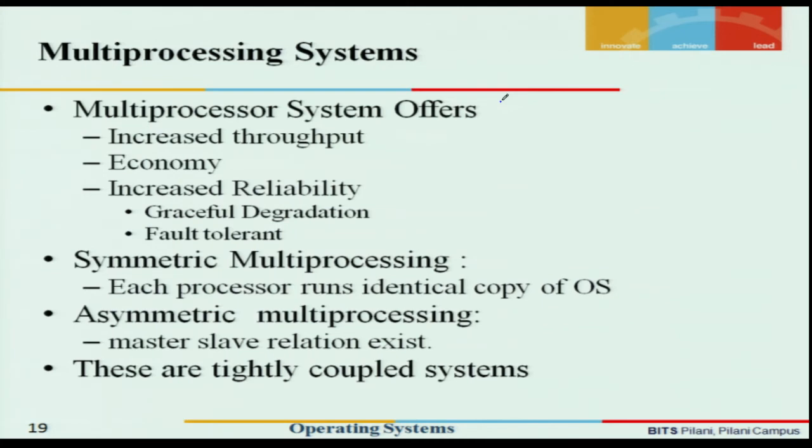Here we can very clearly see that the operating system would need to keep track of how much memory is being allocated for the processes which are executing on one processor, and how much memory is being allocated for the processes which are executing on another processor. What devices are allocated to the processes which are executing on one processor? What devices are allocated to the other processes?